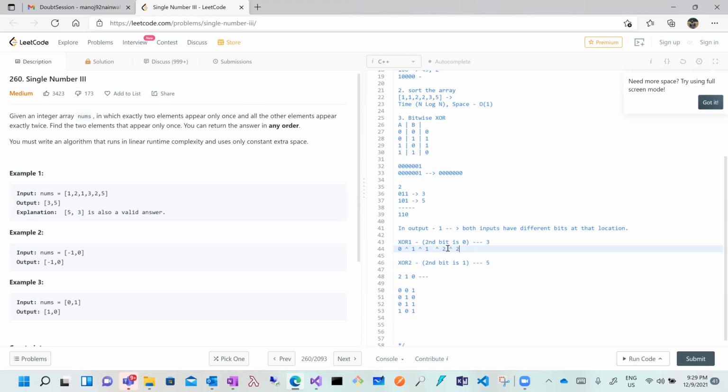And 3 also has this bit 0, so it will come here, and 5 has 1 bit here. Are you getting this? I got it.